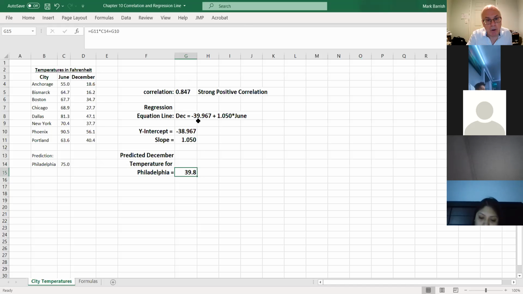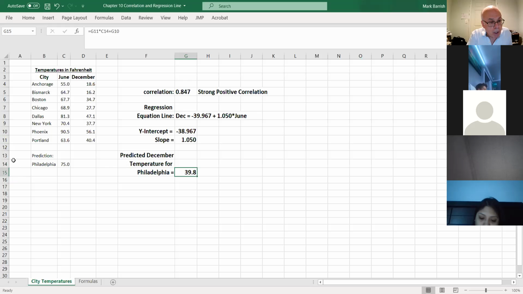These formulas are here. The only thing you would have to change if you're going to do any of this is the actual data. It will be a different data set I'm going to give you, which may not be temperatures. It may be something else, but there'll be two columns with data. The first one's the X. The second one's the Y. You may have to